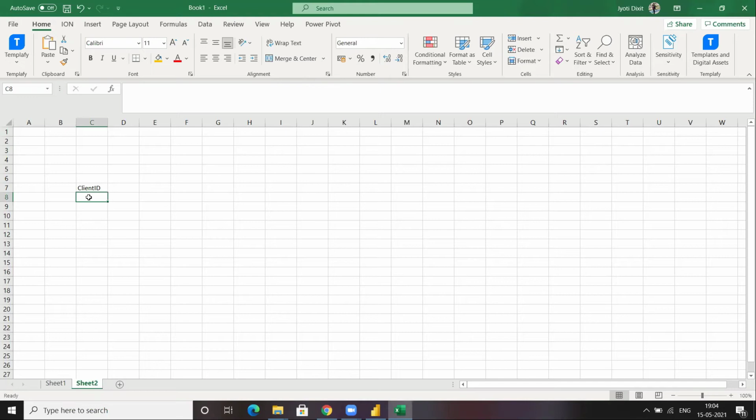You work in a department where you are allowed to see the contact information or the personal information of your client, but you are not a part of the finance department, so you are not able to see the salary details of that particular client, or that particular employee. Let's leave client, let's talk about employee, right? You are not able to see the salary related or financial information corresponding to that particular employee,